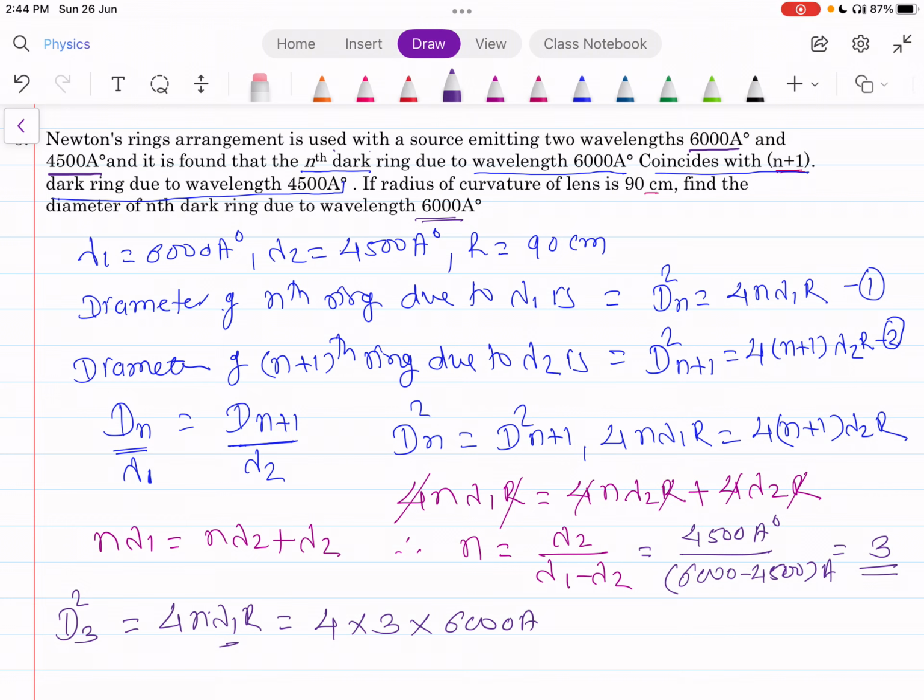We can write this 6000 angstrom in centimeter, that is 6 into 10 raised to minus 5 centimeter, into r, which is 90 centimeter, and we get